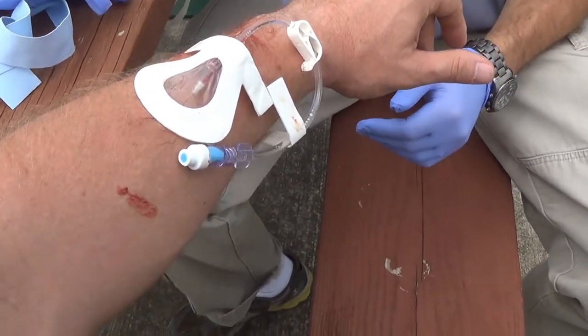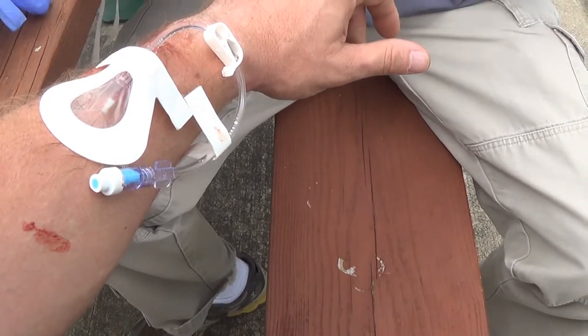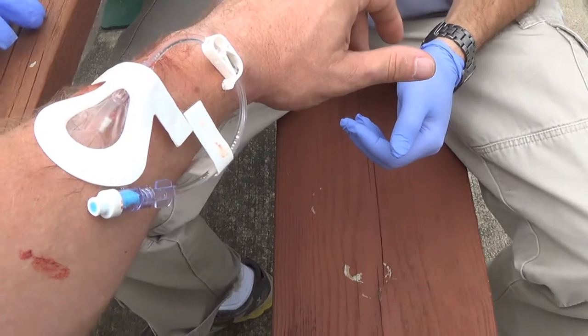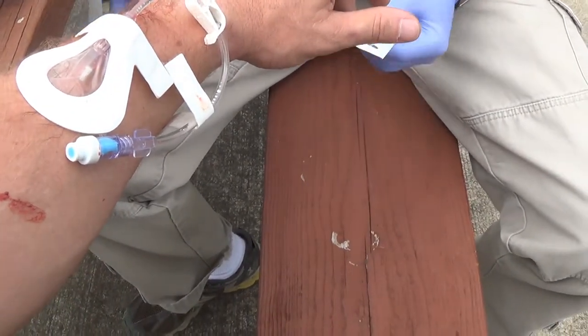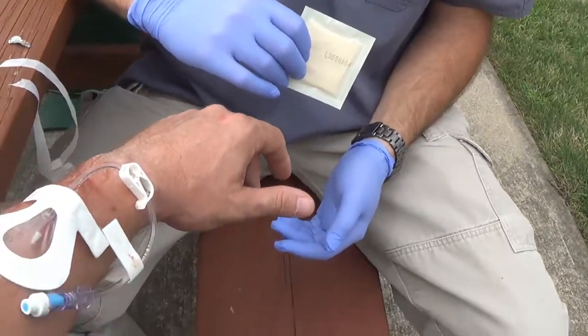So at that point, you're going to say, hey, we need to get rid of this IV. Let's start another IV. Go ahead, start another IV, get that going, get this locked off and discontinued. And now it's going to be time to take this IV out. What are you going to need for that? You're going to need some tape, and you're going to need some all-purpose gauze, something to hold on top